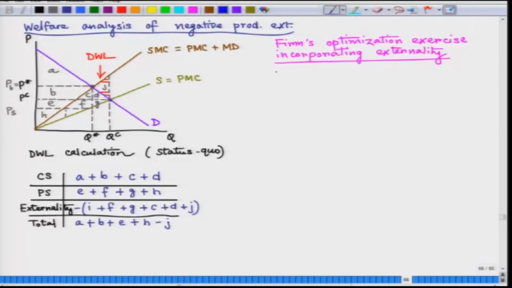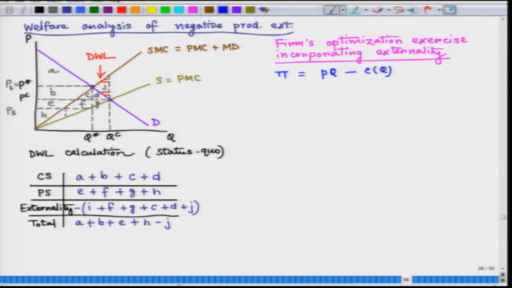So, let us talk about a polluting firm. It creates a negative externality. It has a profit function which needs to be maximized, right. P is the price, Q is the quantity. So, this is revenue, it is known to you. We have to subtract the cost of production from the revenue to get the economic profit, and now as this